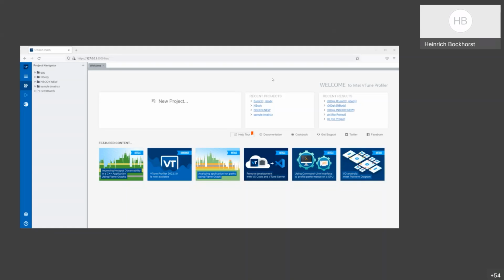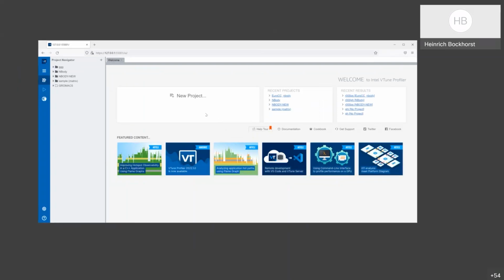or you can also use the command line and put the results of the command line locally on the dev cloud in the special folder that is used by VTune, or you can start the VTune server by also adding a source directory for the VTune results. But here I just started it, and I can have a session, start a new project here, and